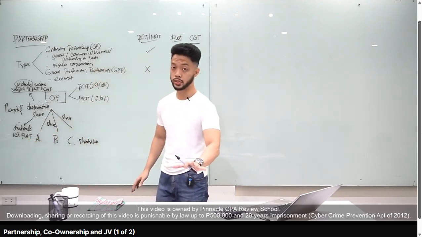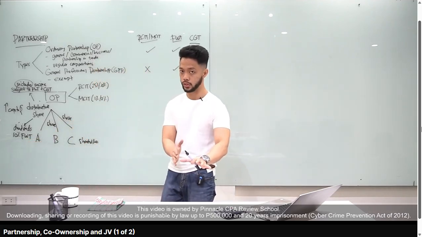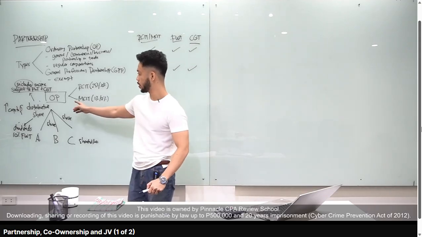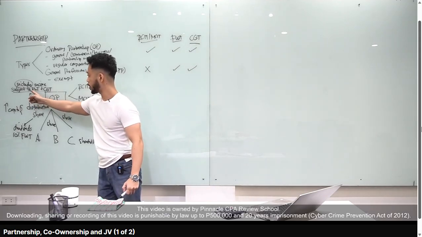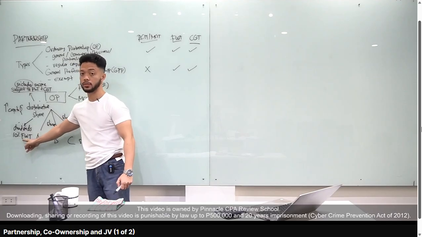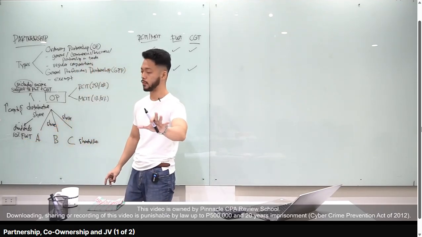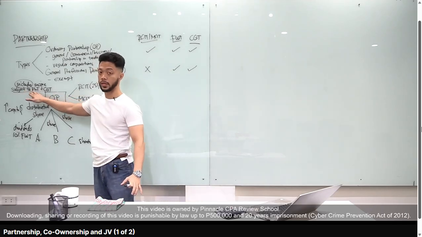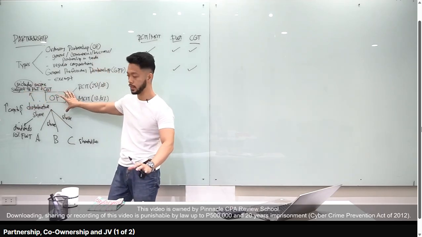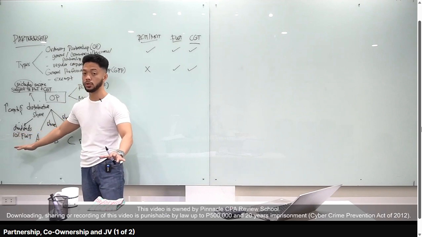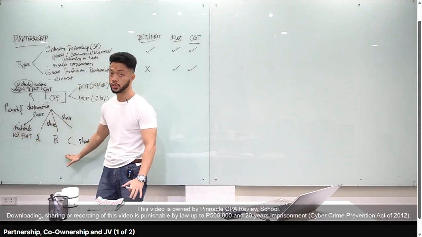Sir, meron bang double taxation dyan? Yes, pero indirect double taxation. Bakit, class? Kasi dito, na-subject ka na sa final withholding tax, tapos isa-subject ka pa ulit sa 10% na dividends tax. Di ba double taxation yun? Double taxation, pero indirect. Bakit indirect, sir? Kasi dito, class, at this level, ang tinataksan mo is the partnership. Pero at this level, yung 10% FWT, ang tinataksan mo dyan, yung partners, yung shareholders.